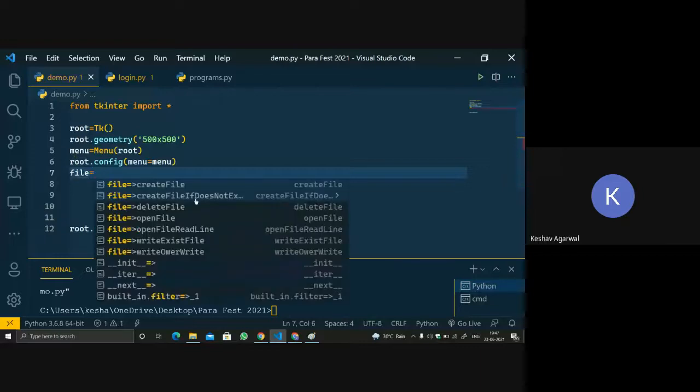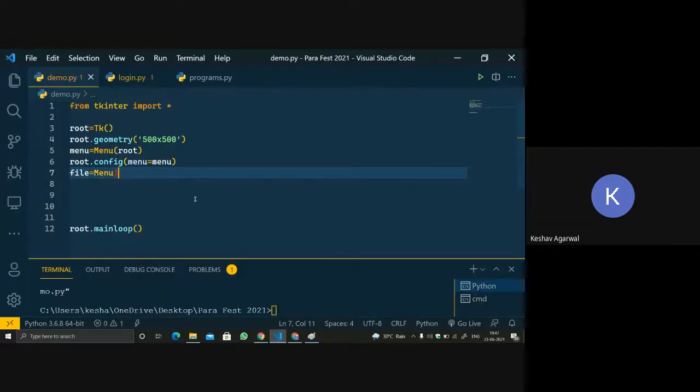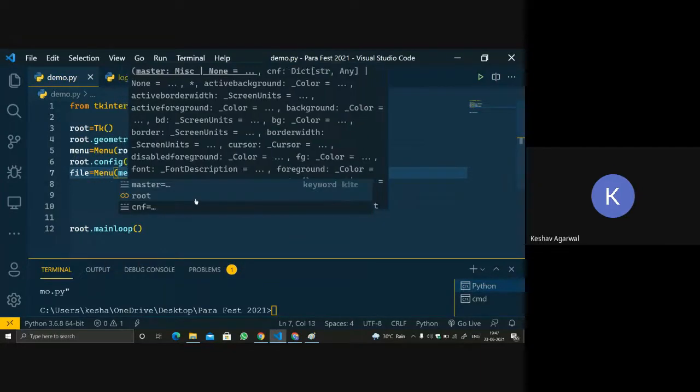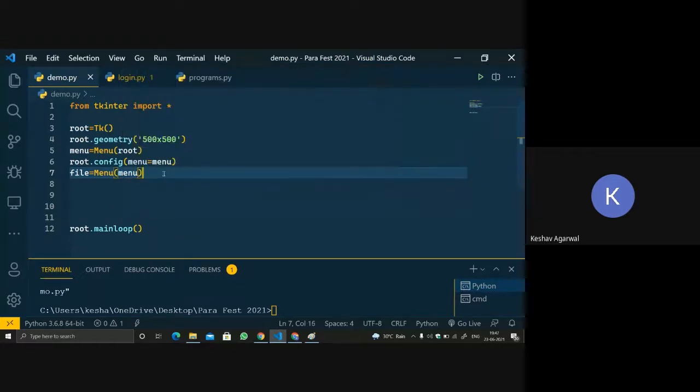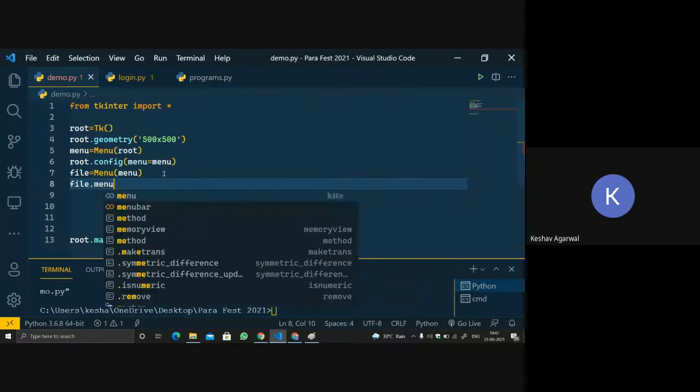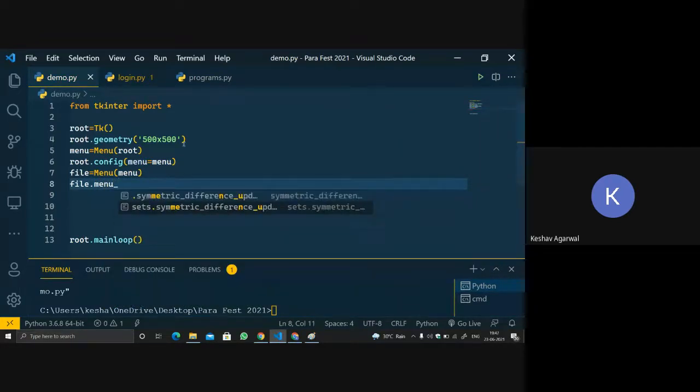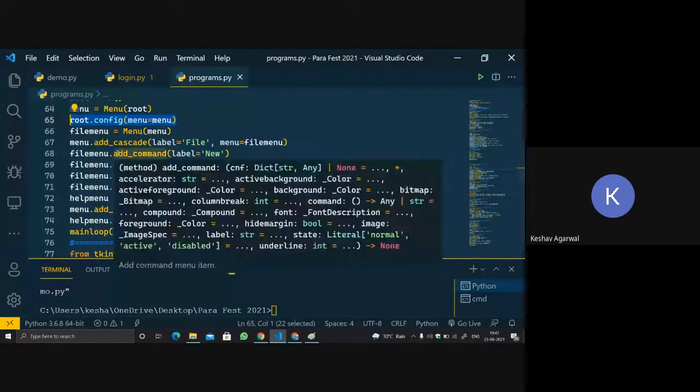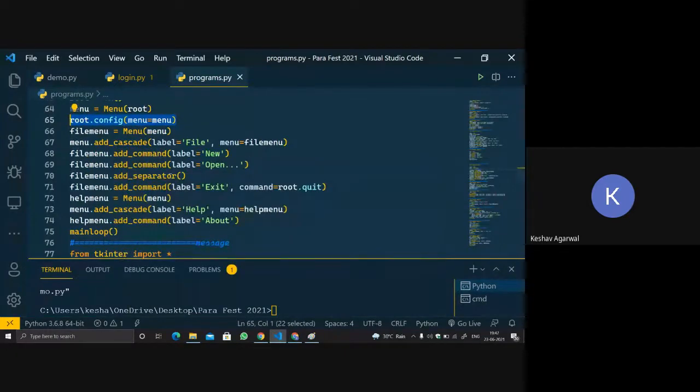We will do menu again, which will be inside menu, and then file. I think it's cascade, right? Menu dot add cascade. Label is file, and menu is equal to file.